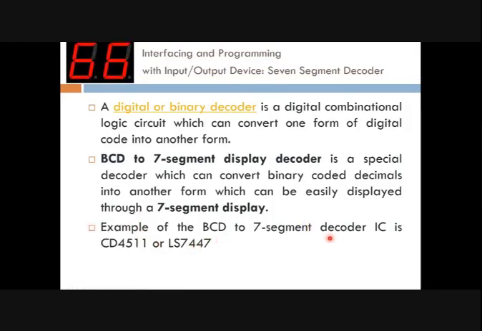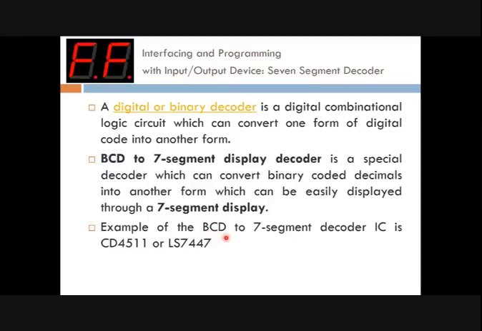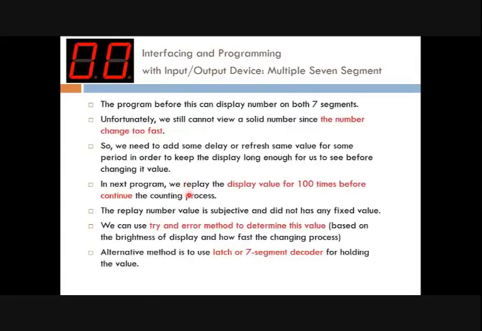a decoder. So what does this decoder do is that it will receive BCD signal, and then it will transform this BCD signal to a 7 segment. Okay, so we know that BCD only 4 bit. Okay, 0, 1, 2, 3, only 4 bit. Okay, it only receive 4 bit of value from the microcontroller, and then it will convert these 4 bit into 7 segment from A, B, C, and then up to G. Okay, so by using a decoder, okay, we shown here